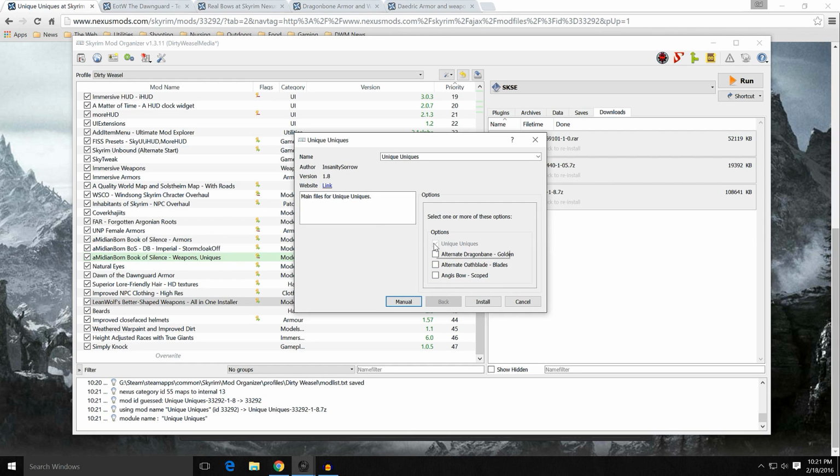It's going to install most of the uniques, but Dragonbane Golden is a unique weapon, and you can have one with a golden option, as opposed to what's included in uniques. Same with the alternate Oath Blade, it matches it to more look like Blade's armor. I like that one. It changes it from ebony to gold. I'm fine. And Angie's Bow Scoped? No, I don't do scoped weapons on my bows. I just don't. Go ahead and install that